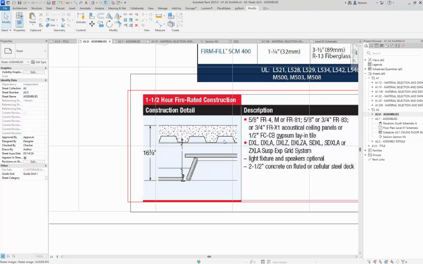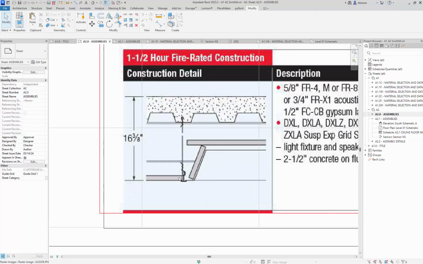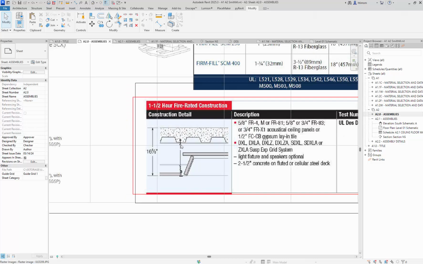We'll have to see. It has a decking, and then it has these suspension pieces, right, with a metal stud and the acoustical that go down to the acoustical ceiling panels that hold the frame that holds the acoustical ceiling panels. So basically, we're just going to build the acoustical ceiling